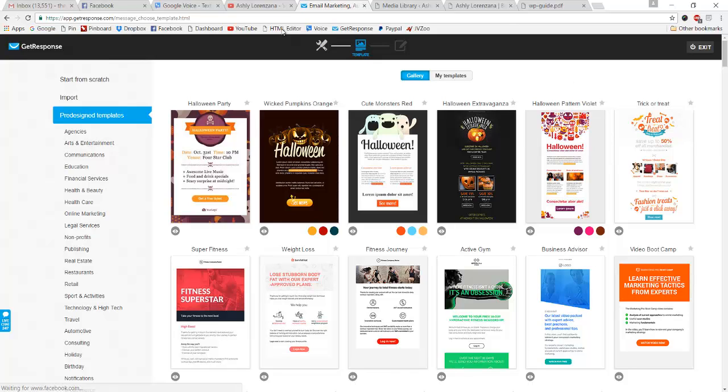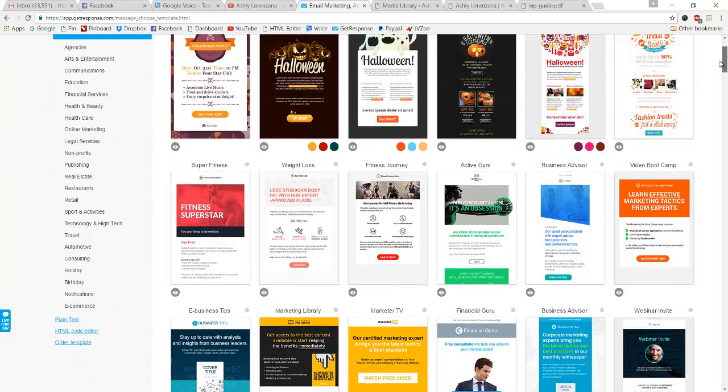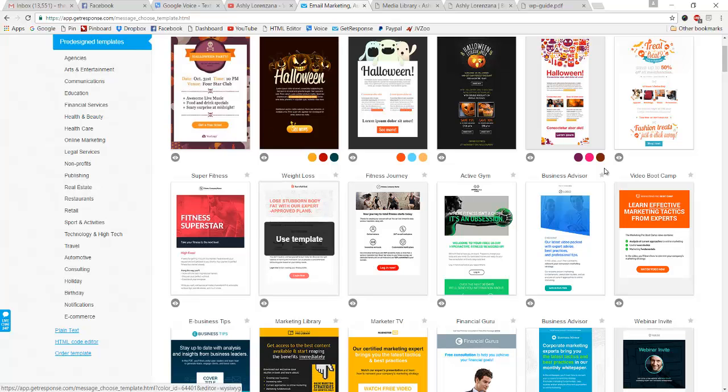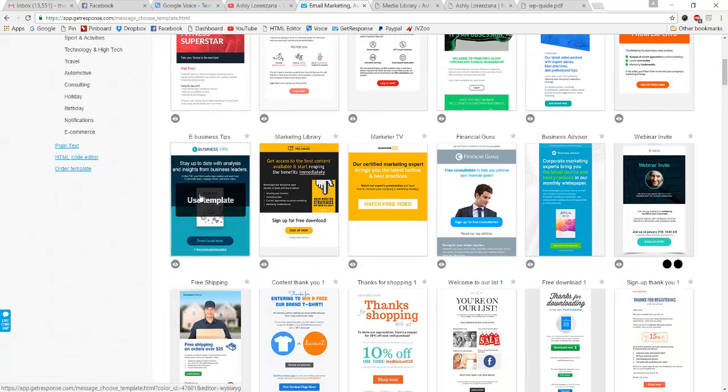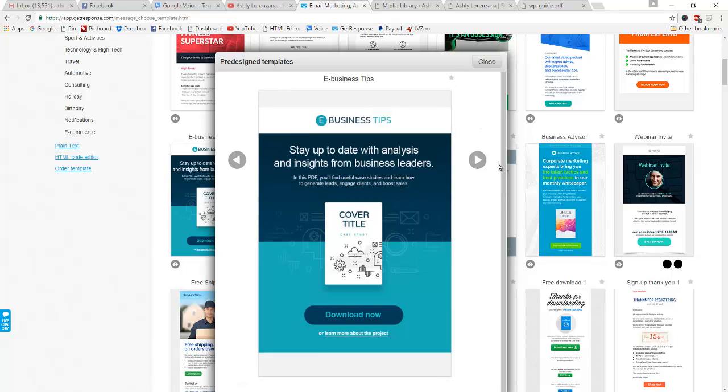Okay, so GetResponse has dozens upon dozens of different templates that you can use for your emails. They have lots of templates specifically for delivering free ebooks and whatnot. As you'll see, this, for example, looks like you can preview them by clicking the little I button. So this would be a nice template to use for something like this if you would like to use a